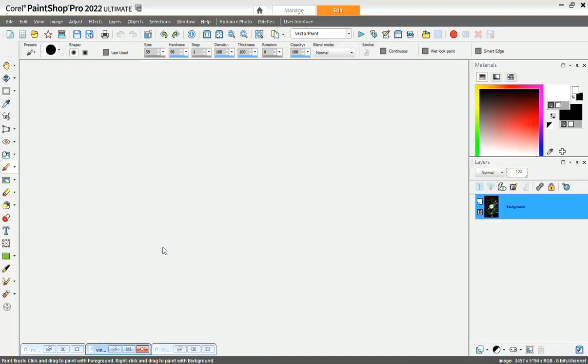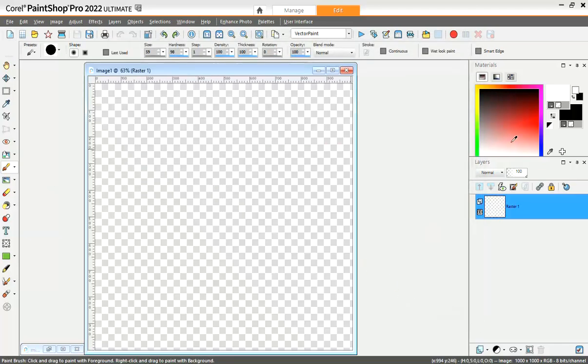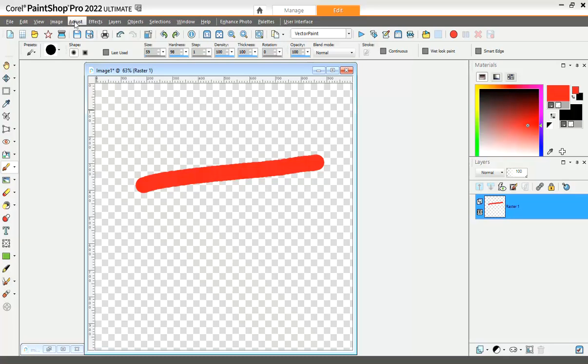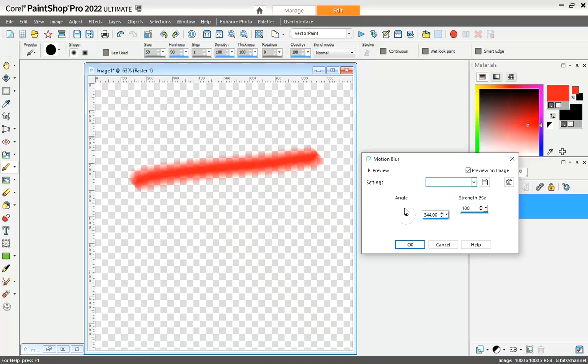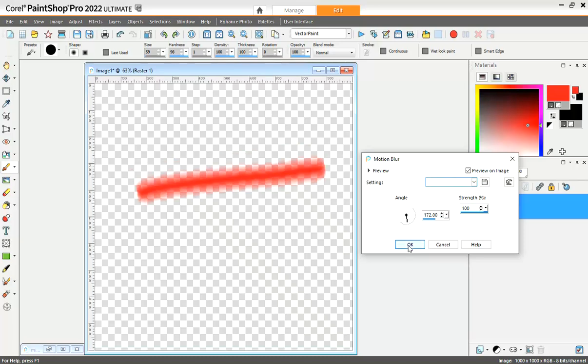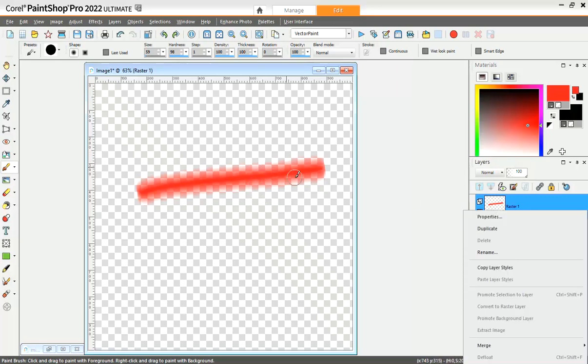Another thing, you remember we did in the last class, we can also have, I'm just going to use a line. I can use a motion blur to thicken an element. So if I have this line, I can go to Adjust and Motion Blur. I can have the motion blur, let's say I'm going to go downward, and you can see how it's making it thicker. And to make it not translucent, I will duplicate,